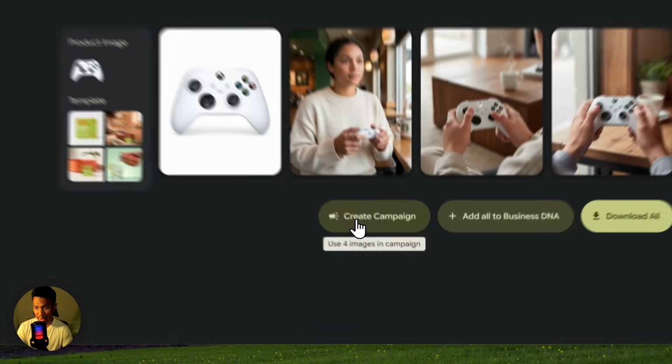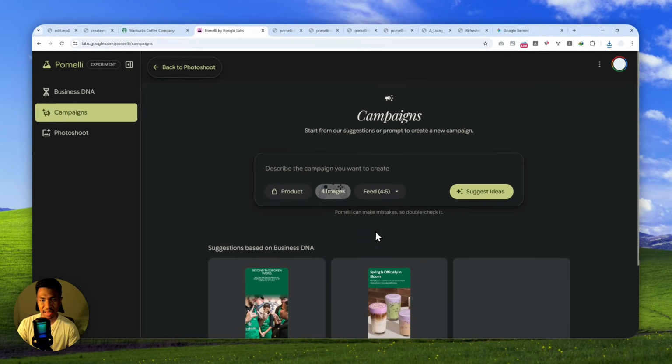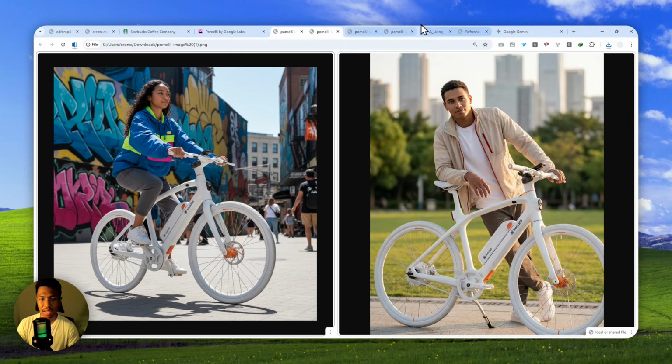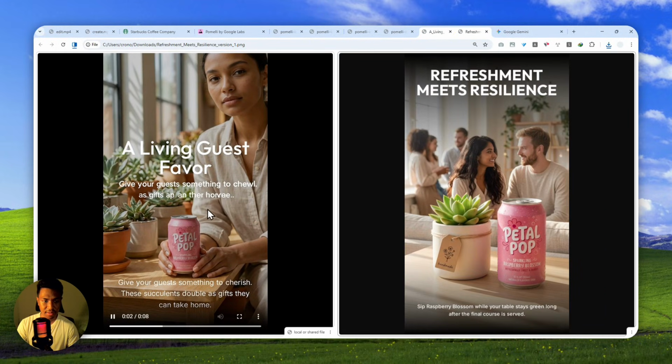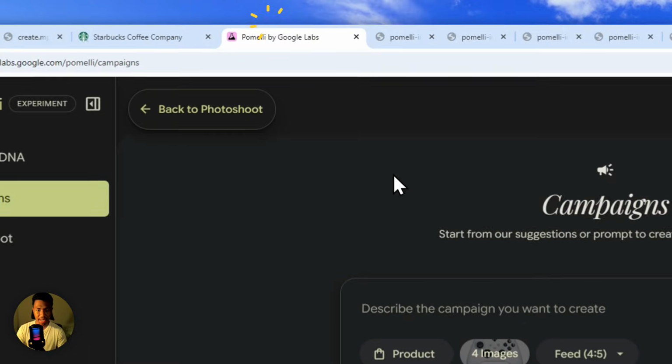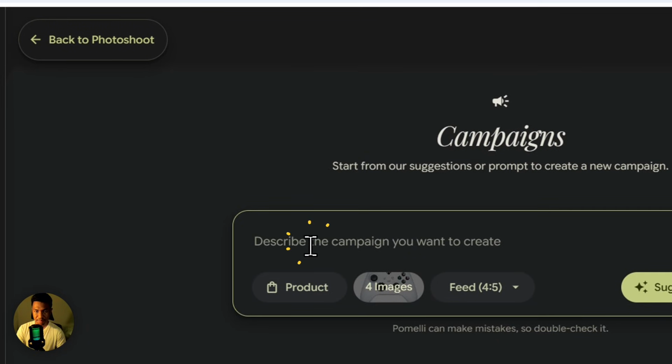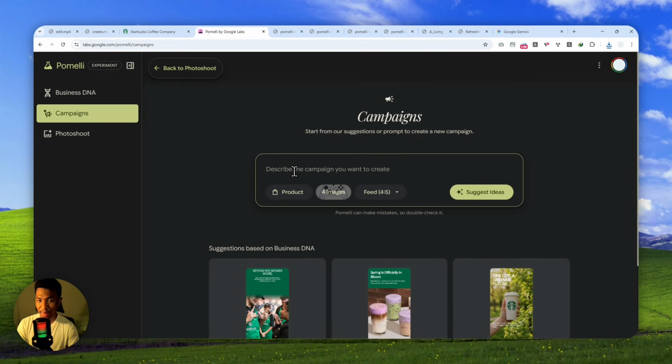Or you can also create a campaign, and basically it lets you generate a piece of content like this. So this is one example. You can create a static photo or even a simple video like this based on the photo that was created by the Photoshoot feature. Now let me just go back, and you can actually specify what is the campaign that